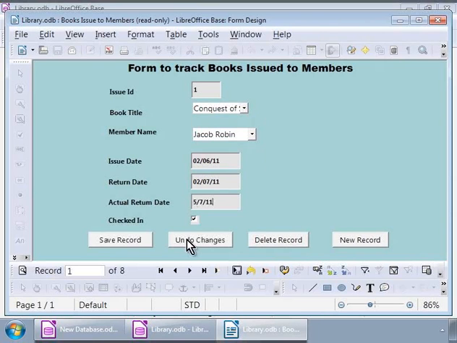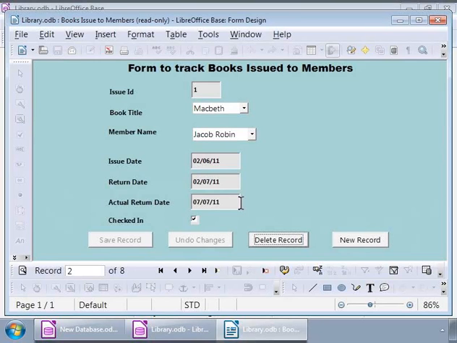Now, let us click on the Undo Changes button and see what happens. The changes we did last have been undone. Notice that Macbeth is highlighted instead of Conquest of Self, and the actual return date is 7/7/11.